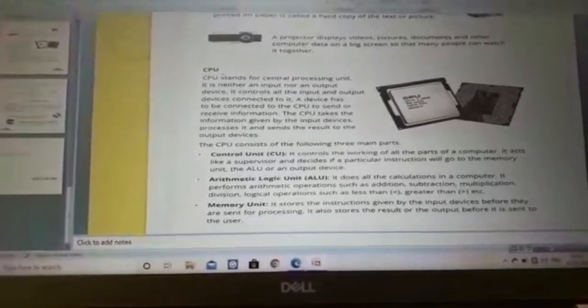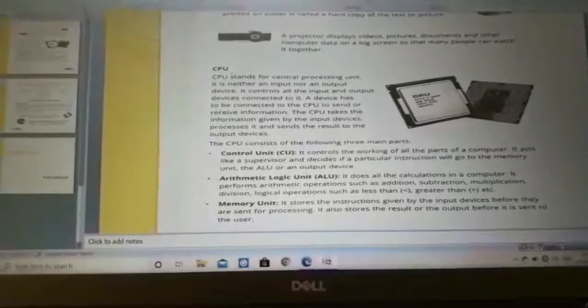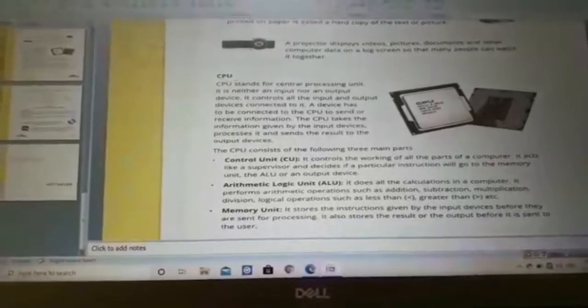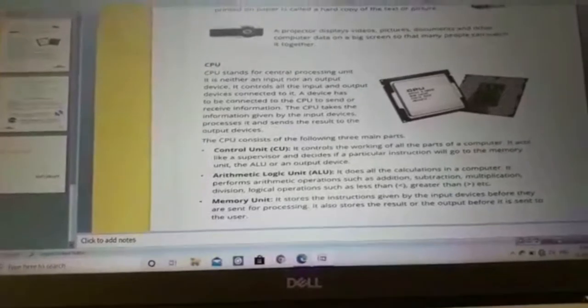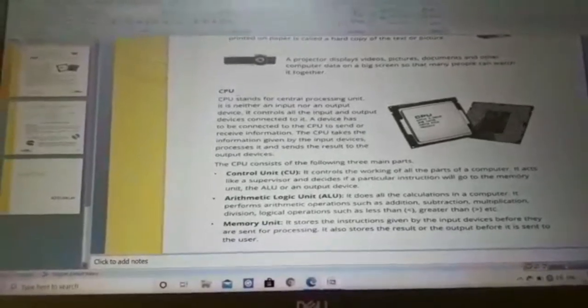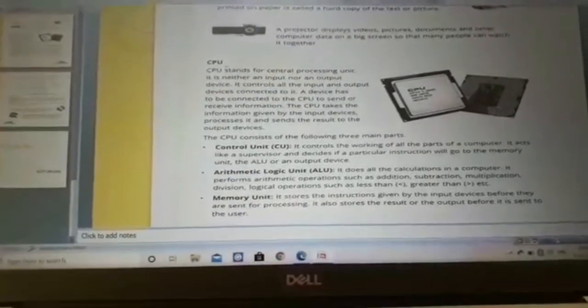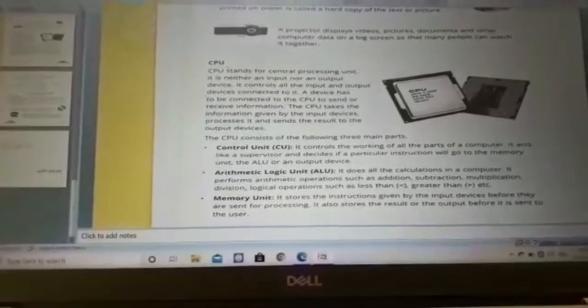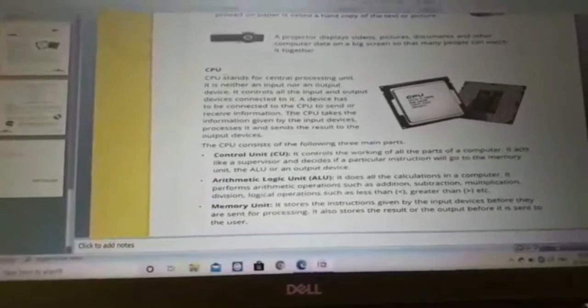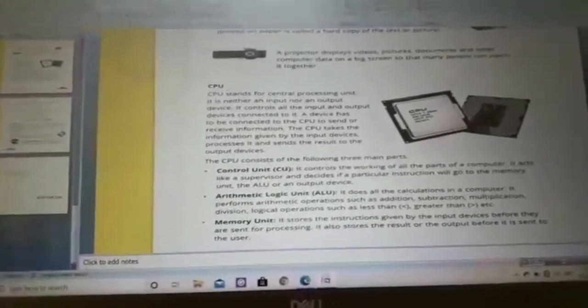It performs arithmetic operations such as addition, subtraction, multiplication, division, logical operations such as less than, greater than, etc. ओके, अभी हम कंप्यूटर में कुछ भी कैलकुलेशन करते हैं, प्लस करते हैं, माइनस करते हैं, डिवाइड करते हैं, मल्टीप्लाई करते हैं या कंपैरिजन करते हैं ग्रेटर देन, लेस देन, तो कंप्यूटर ये कैसे काम करता है, आंसर कैसे देता है कंप्यूटर, with the help of arithmetic logic unit which is a part of CPU। तो ये जो अरिथमेटिक लॉजिक यूनिट है ALU, it does all the calculations, इस कंप्यूटर में हो रहे सारे कैलकुलेशंस को करता है, उनका आंसर देता है।